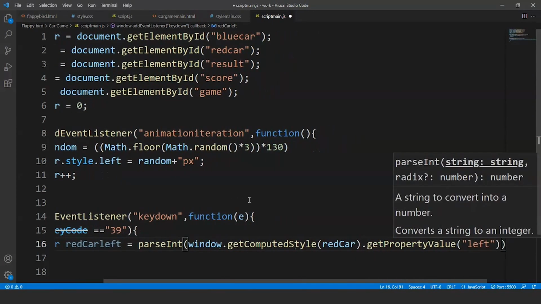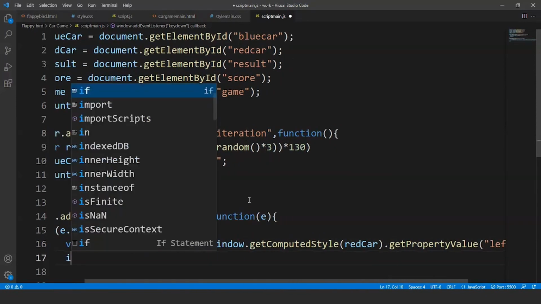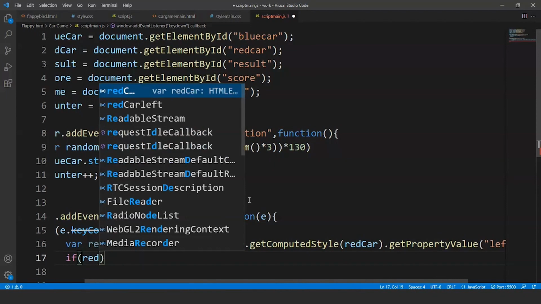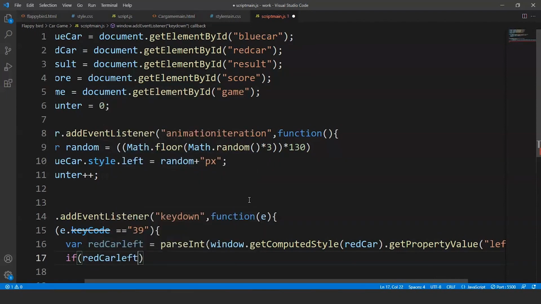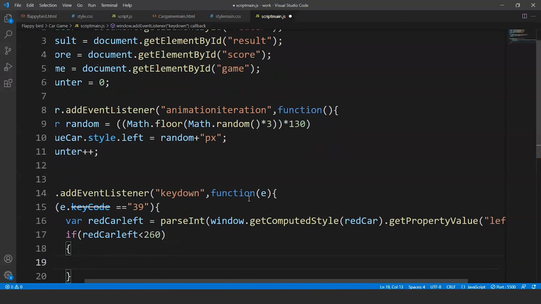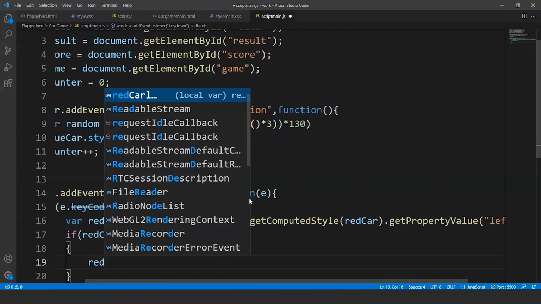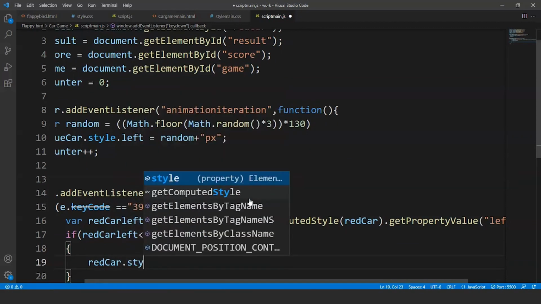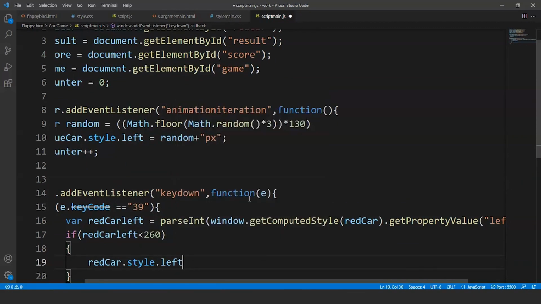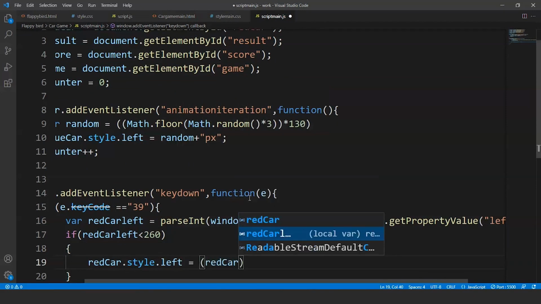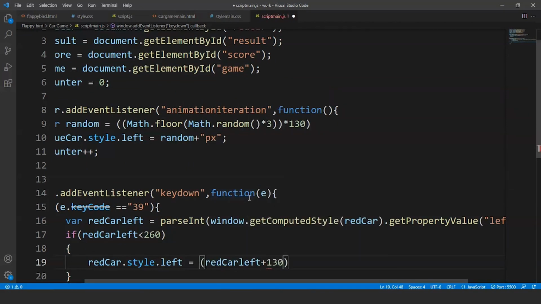So we'll write here left and we'll write here if redCarLeft is less than 260 pixels, then redCar.style.left will change to redCarLeft plus 130 and the value will change to pixels as well. Fine. Now we'll write the code for another key as well.